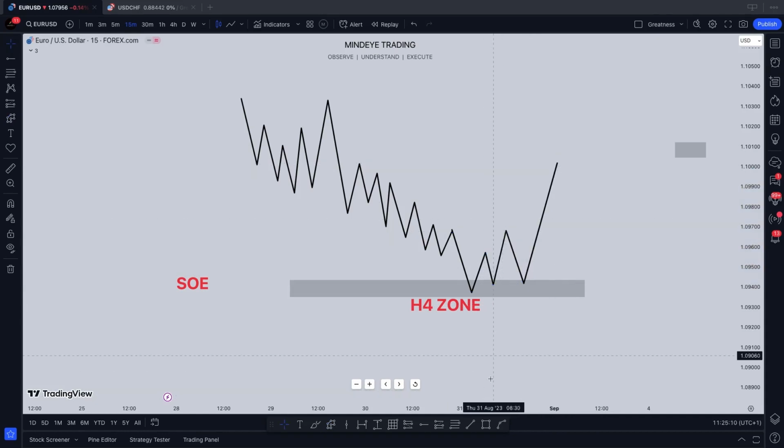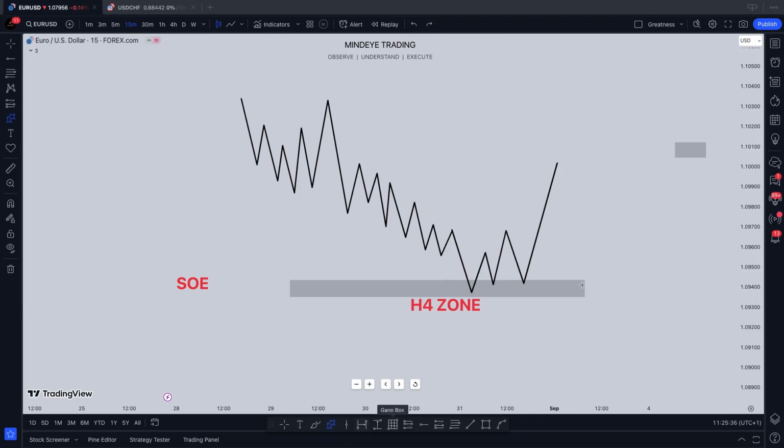So this is change of character, where the market had to form a high. It had to break it to tell you that a new structure has been formed, and definitely comes for a retracement based on order flow and continue to the upside. Now there are two types of change of character, or shift of environment. One comes with liquidity, taking liquidity, in the form of an inducement, while the other comes with order flow.